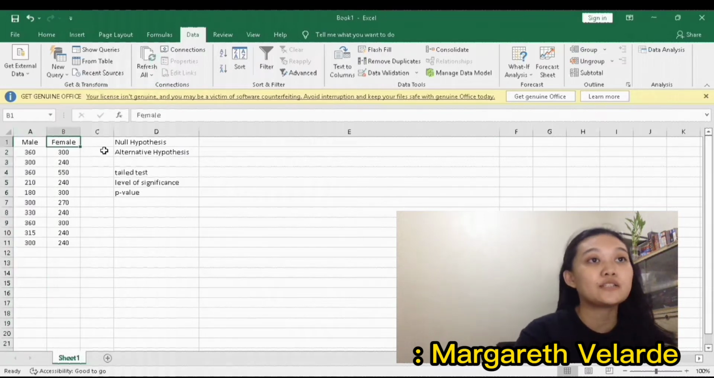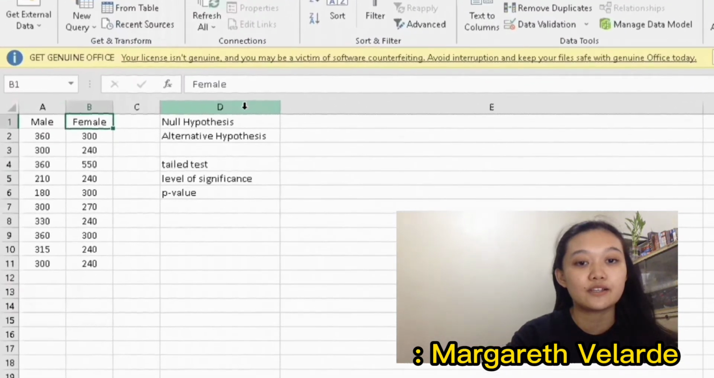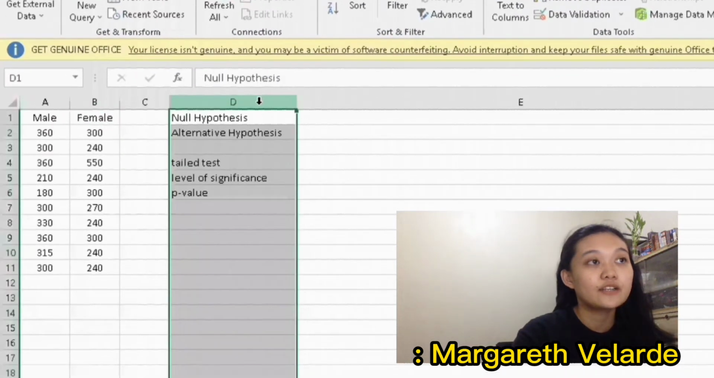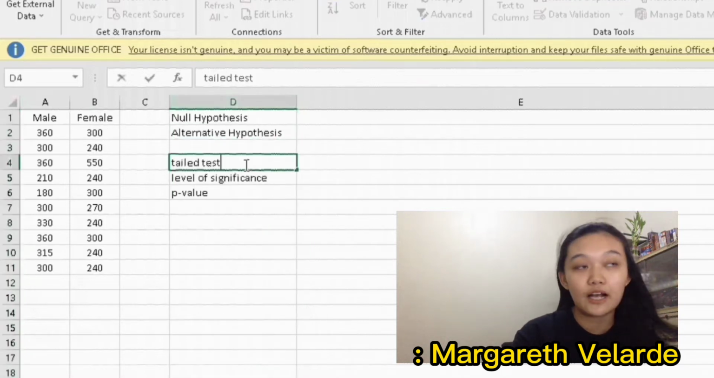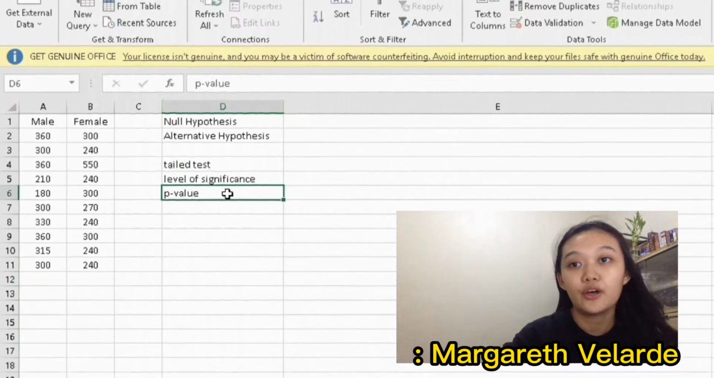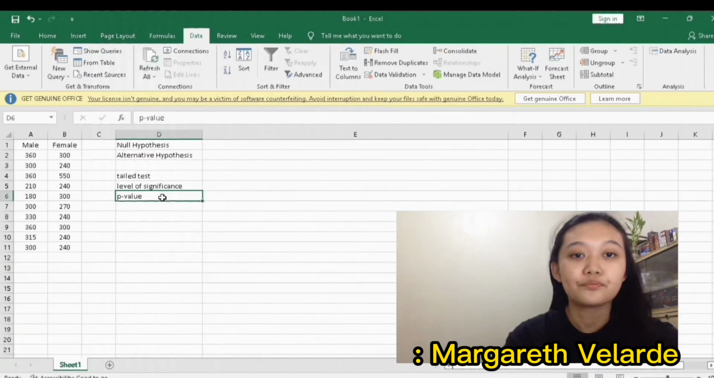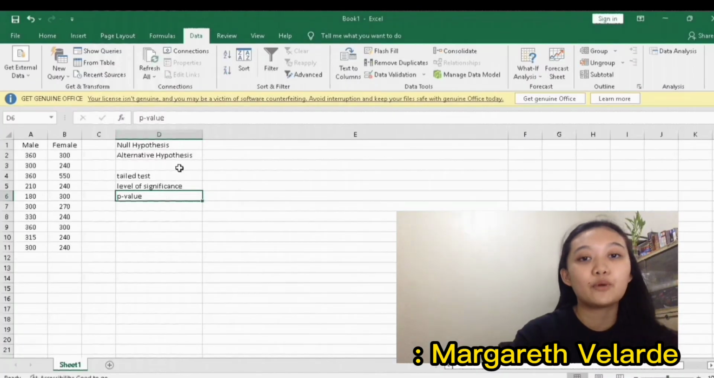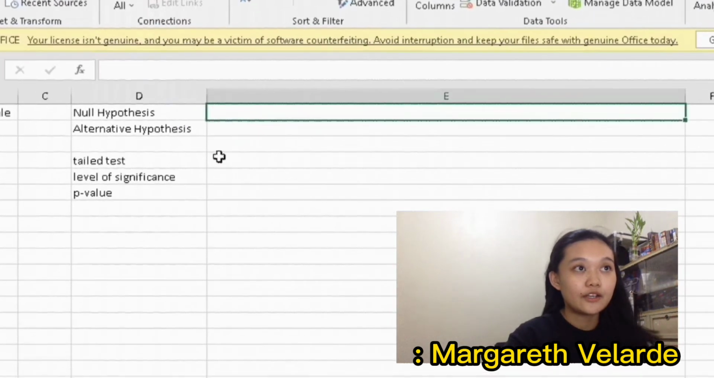After it was placed sa ating Microsoft Excel, we then need to identify this, which are the null and the alternative hypothesis, kung anong tailed test ba yung gagamitin, if it is one-tailed or two-tailed, and the level of significance. Tapos, we'll compute na for the p-value. Una muna tayo sa null hypothesis. Our null hypothesis for this problem will be there is no